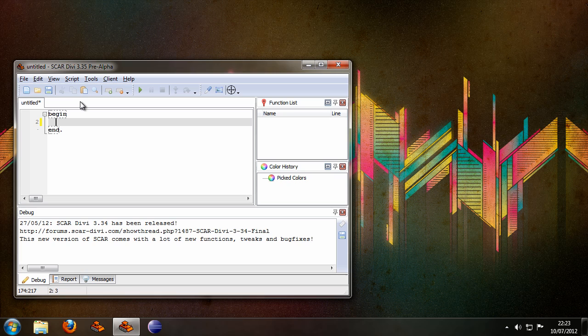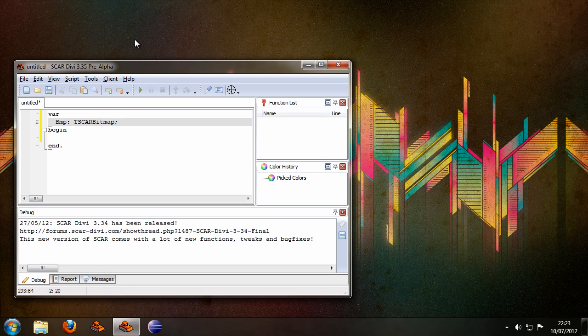Now I'm going to demonstrate how the new tscar bitmap object works, which has basically replaced the indexes and several functions which were previously available in SCAR. Now a lot more will be added to this, but there's already a great deal of things that can be done with this. So I'm going to